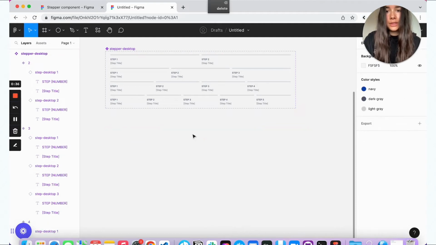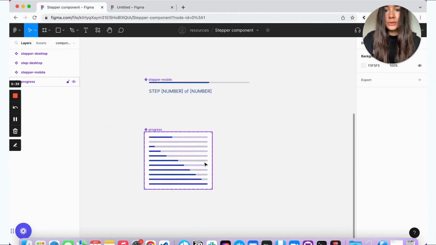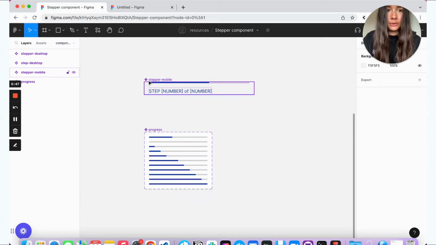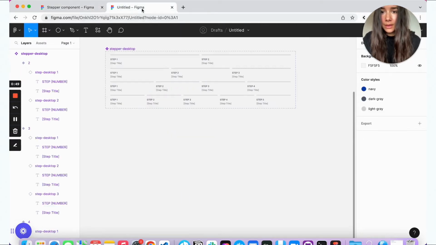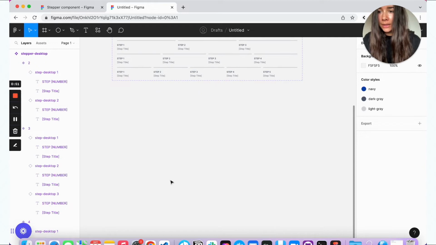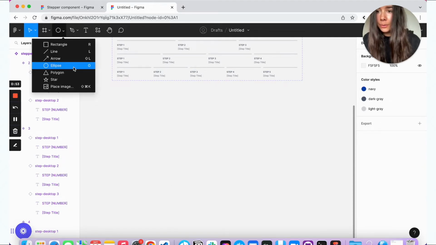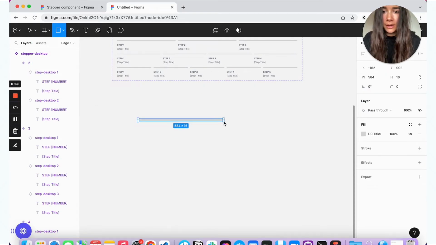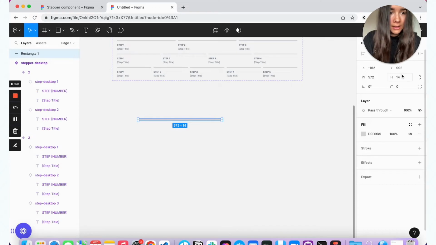The next component that we'll be working on is going to be the simple progress component, which we'll then be using to make a mobile version of our stepper. So for the progress component, we're going to begin by creating a tiny rectangle. It's going to be 4 pixels high.